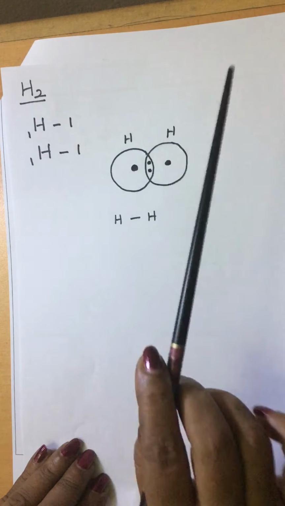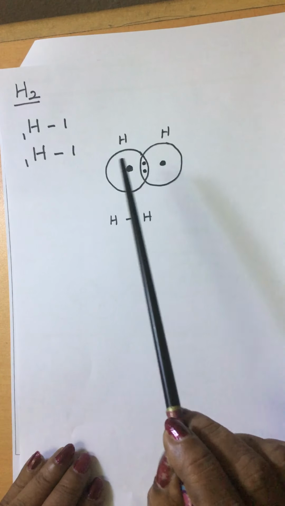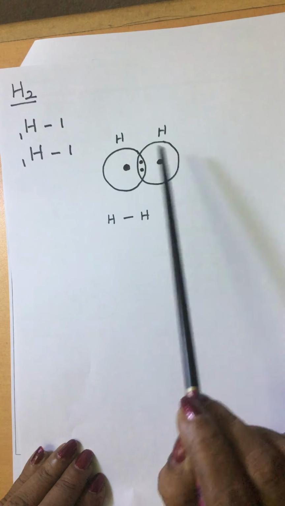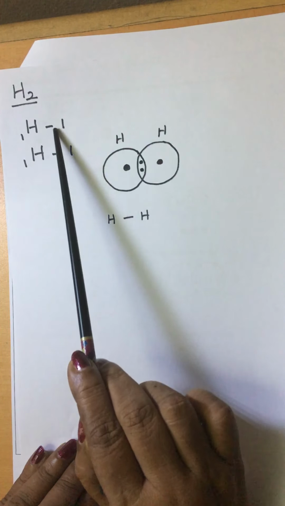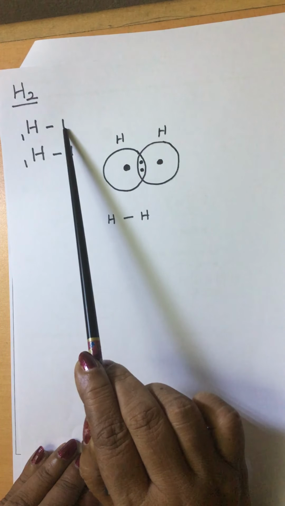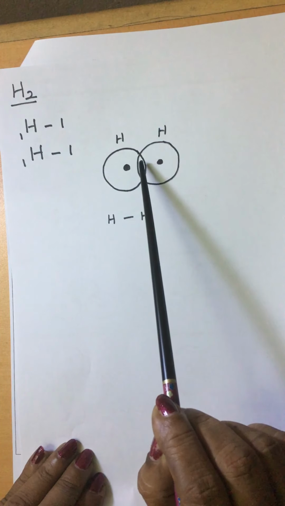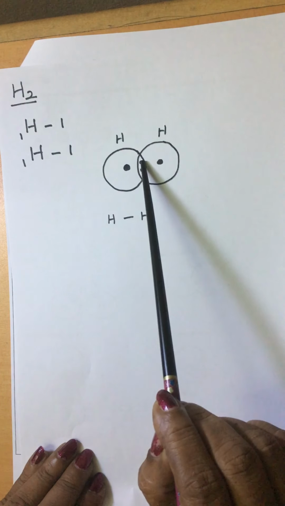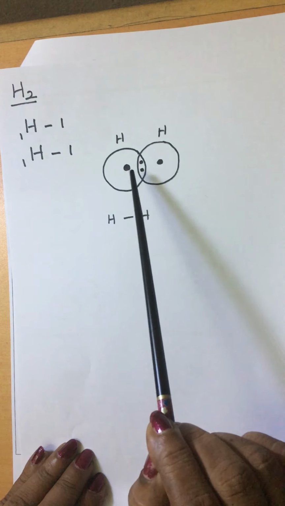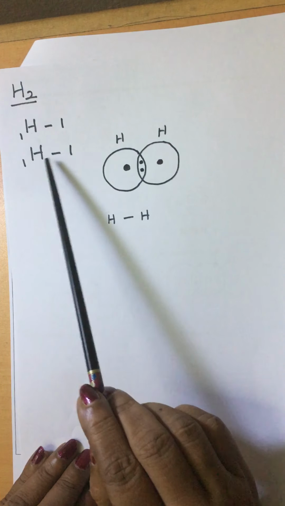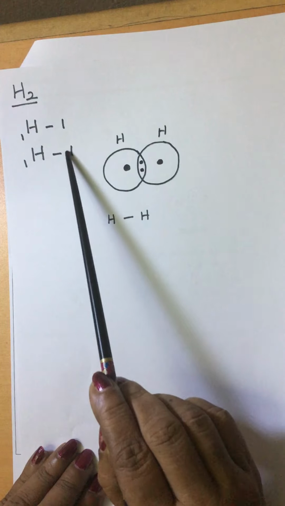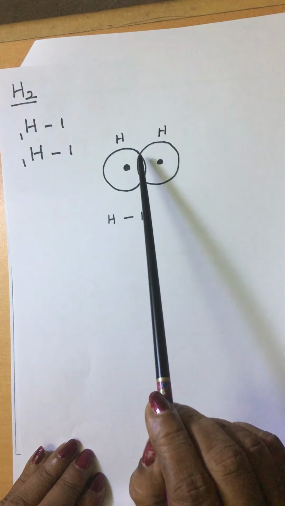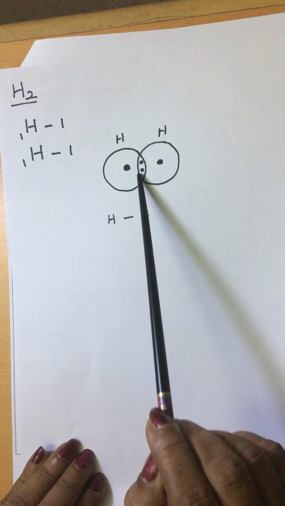When you are drawing, there is no equation, only the diagram. The two hydrogen atoms we have to draw like this. This is the orbit, and one electron is there. It is going to share this electron. The sharing electrons we have to mark inside this region. Here one electron sharing. This hydrogen shares one electron with this hydrogen, because this hydrogen also needs one more electron, so it is going to share its electron too. That also you have to write here. The sharing electrons only we are marking inside this region.